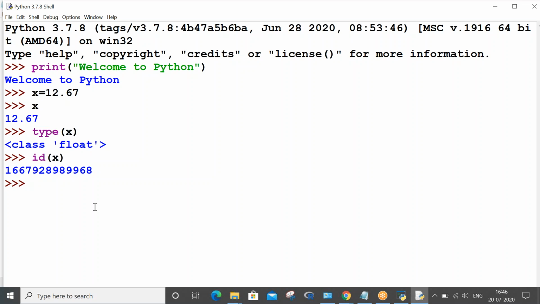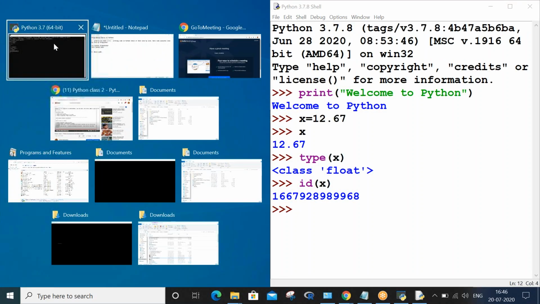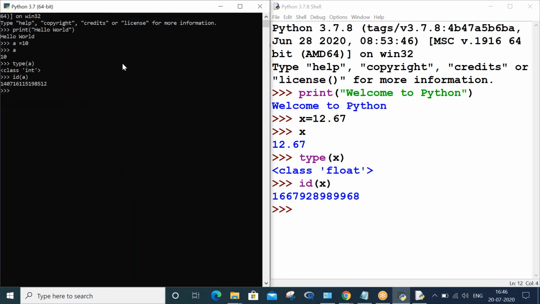But what you have to understand here is that this is also called interactive coding. You write one line, immediately click enter, and you can see the result. If you see, the left side screen is Python interpreter and the right side screen is Python shell. In Python interpreter and Python IDLE, these are the two places where we can do interactive coding. One thing to remember is the three angular braces you find in Python. The code you give there is called interactive coding.